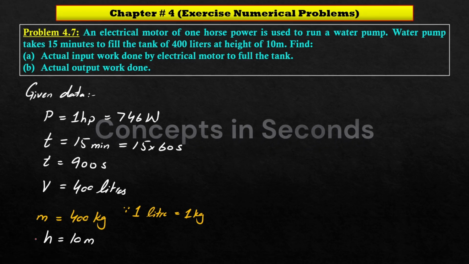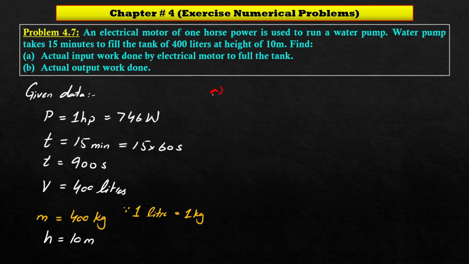We have to find in part A the actual input work done by the electrical motor to fill the tank. Input work done is represented by W1 is equal to question mark, and in part B the actual output work done, so W2 is equal to question mark. Solution: